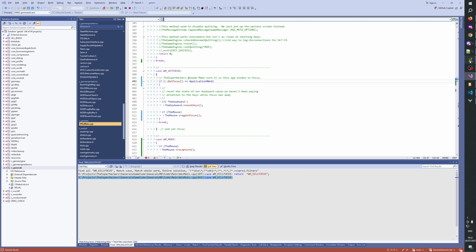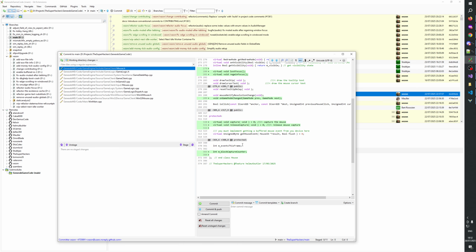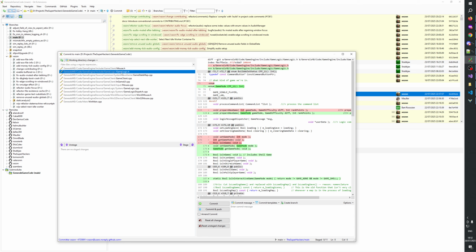Okay, the first thing we should do is clean up a little bit. Let's delete some of the things here. We don't need this. We don't need that. We don't need that.